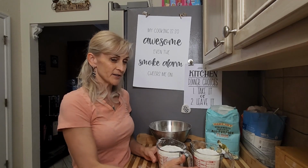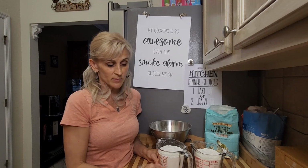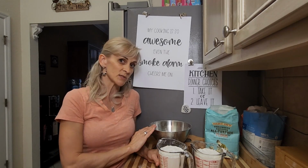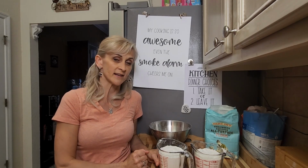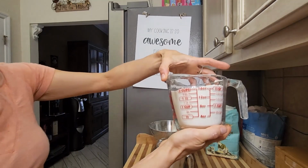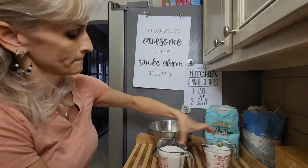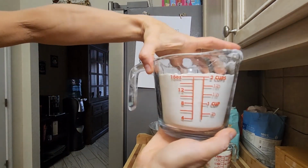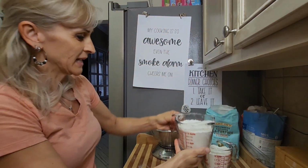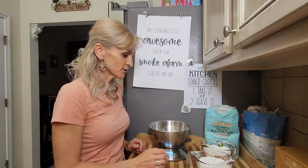So I have put together a flour, the same flour, all-purpose flour, into the same measuring cups. Exactly 2 cups in here and exactly 2 cups in here. But I want to measure it using the scale and show you if there is a difference and how much of a difference it can be. So here is the first 2 cups of flour, as you can see, 2 cups. And here is exactly 2 cups. All around, no cheating. And I will turn on, and there's nothing here. My scale,